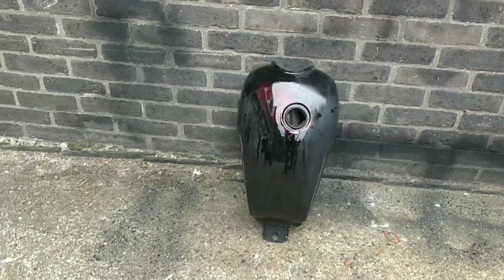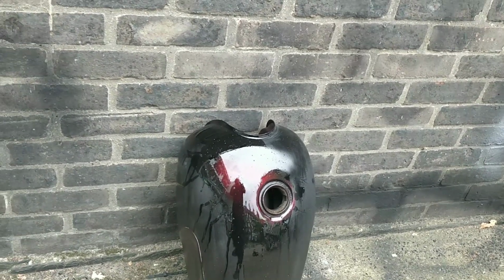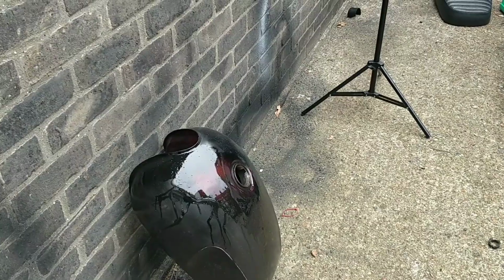I just flushed the tank out. I'm going to let the fuel drip down it. Look, it's going to give it that cool old retro look. I should clear coat it. I've got some in the car, but this isn't the weather for clear coating. Also, I need to get it out of the rain, or I'll put the cap on actually, so that it's not